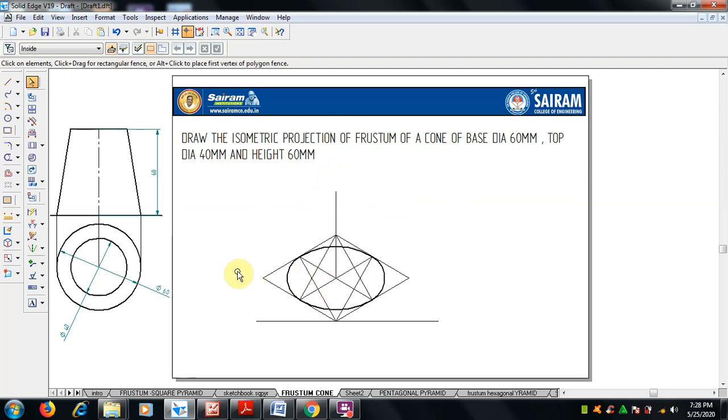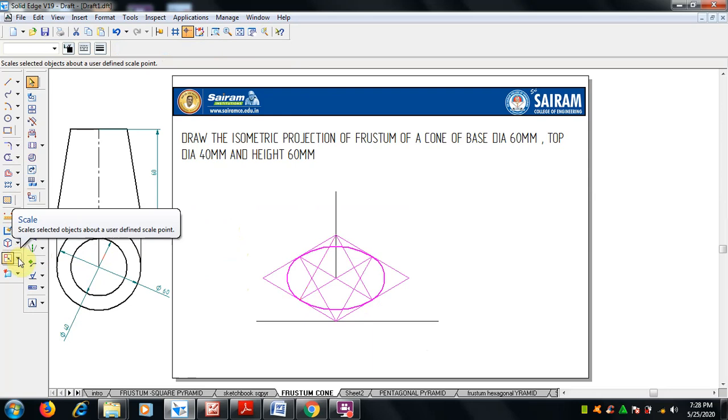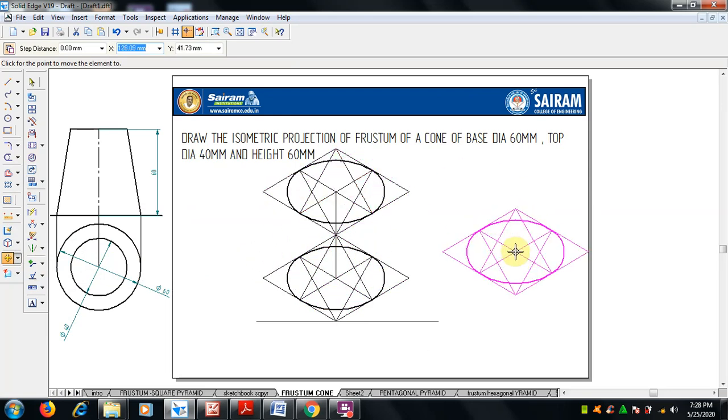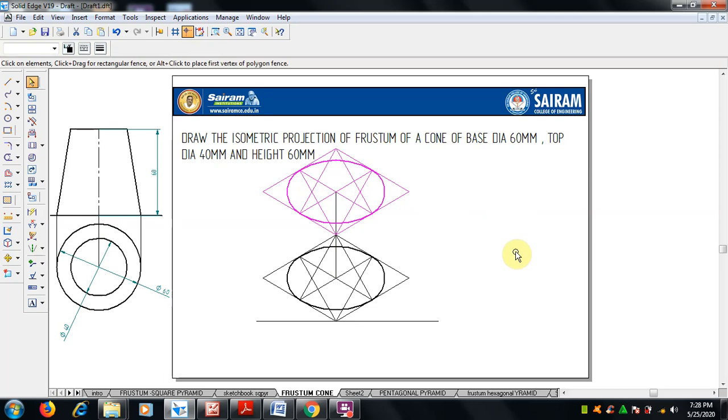Now I have to draw this again by keeping this as a center. So it is very difficult, right? Don't think that. So just as I did earlier, I can select the full. Okay, and I am going to select move command. So from this base, end of this, and I am going to keep it here. Now it is done. So already it is selected. Now what I am going to do is I am going to make it as scale. What is scale? 60 40. Base is 60, top is 40.